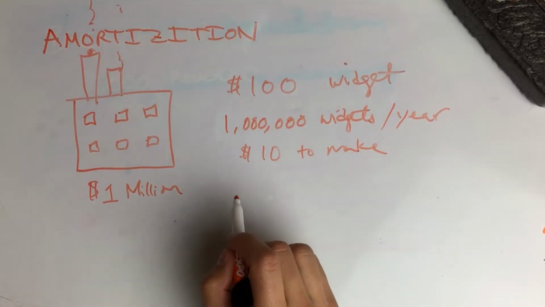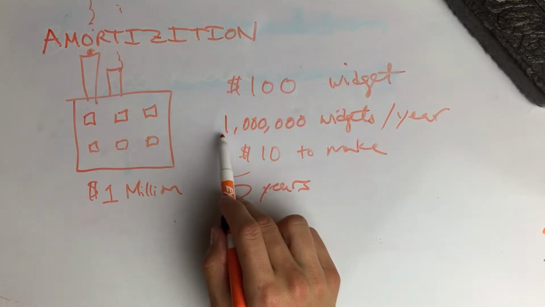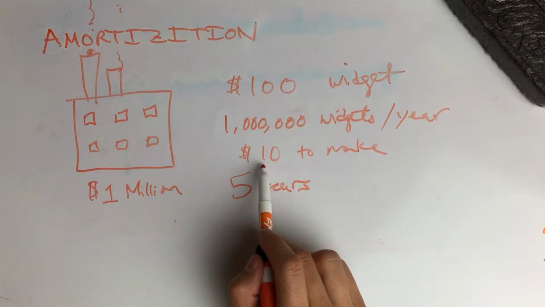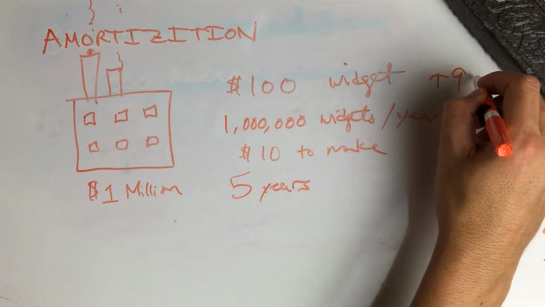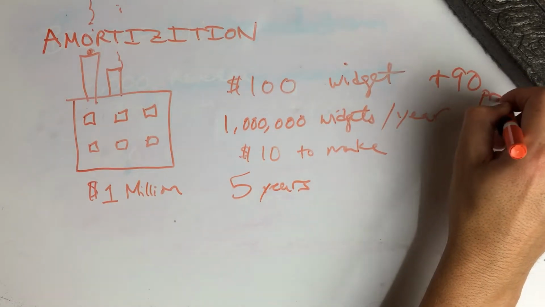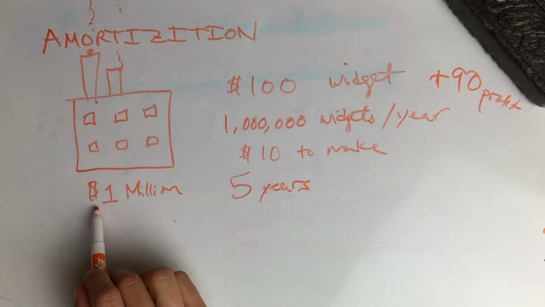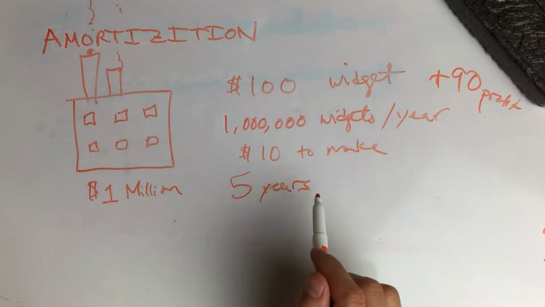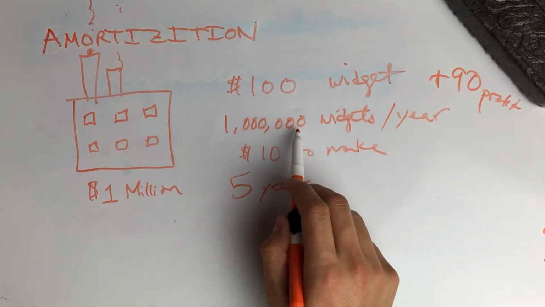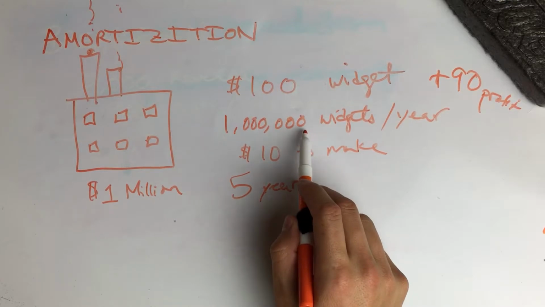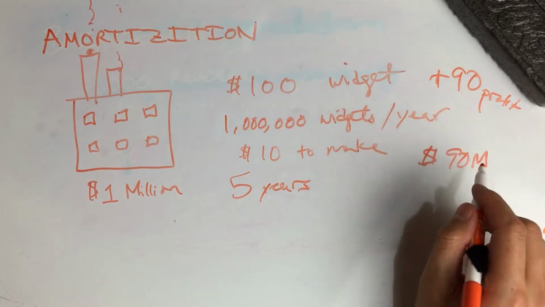Or let's even think about it over a longer horizon. Let's think about 5 years. Now you're producing 5 million widgets, and each of them costs you $10 to make. You're selling them for $100, so your profit is $90 per widget. It's a pretty good deal. So if you amortize that $1 million over 5 years of making $90 profit per widget, 1 million widgets, if you sell all of them at a $90 profit each, you're making 90 million in